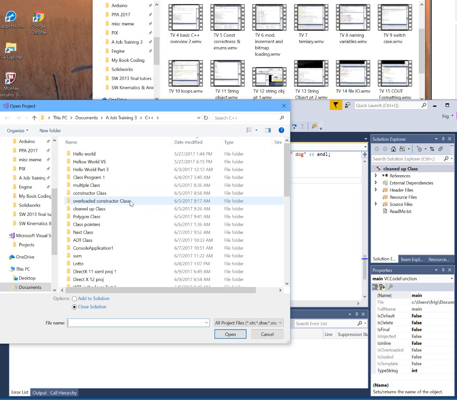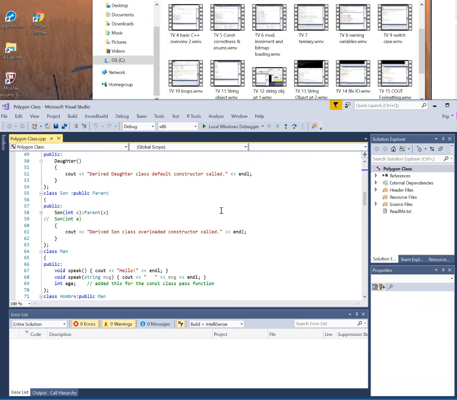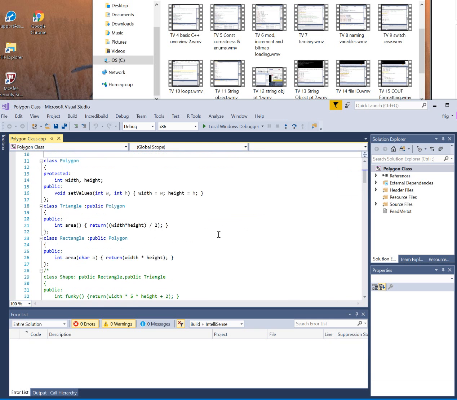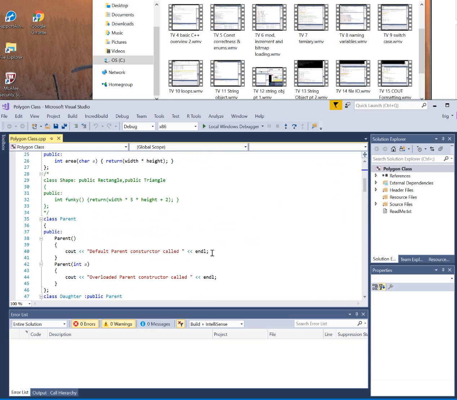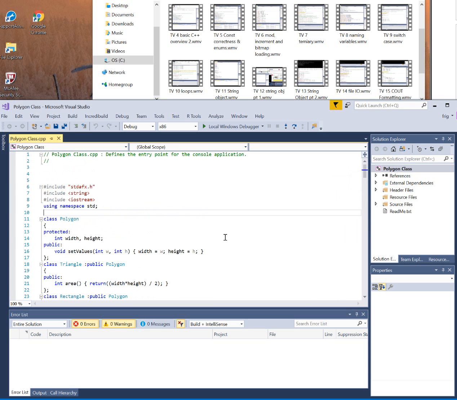Okay, so what was that? Overloaded constructors, cleaned up class, okay, Polygon Class. Now, this is at least starting to do something sort of marginally interesting, I think. But I'll probably get to that tomorrow because it's getting late. Oh, okay. This is inheritance. This is getting into a different topic, and I need to concentrate on this. This isn't just plain stuff. Even Chili hadn't talked about inheritance yet for some reason. Anyway,